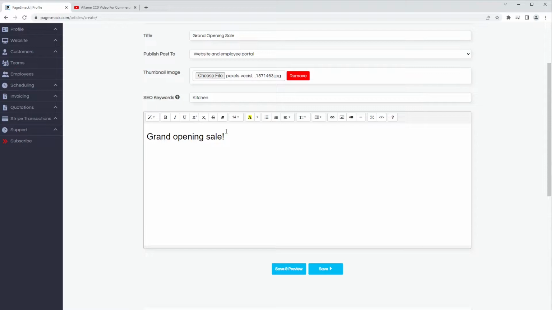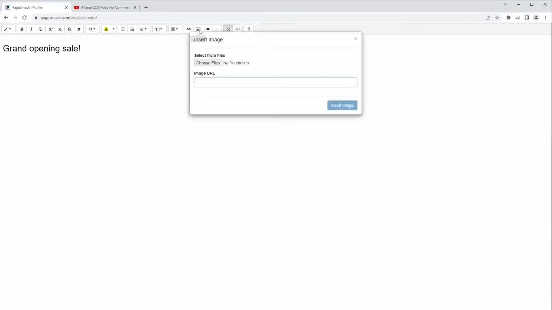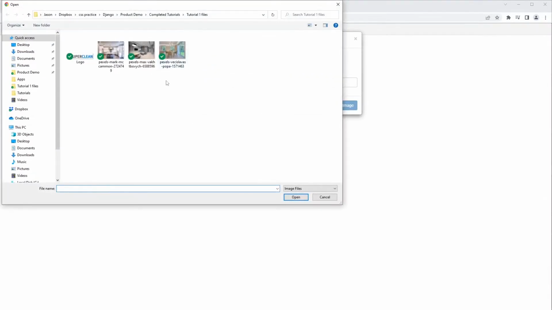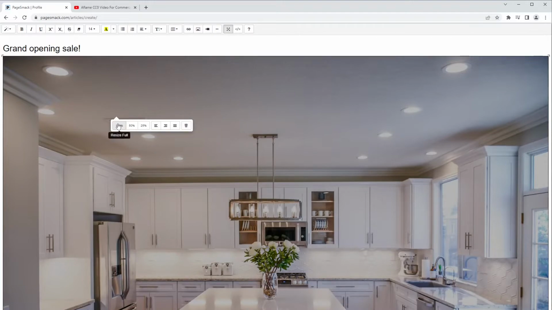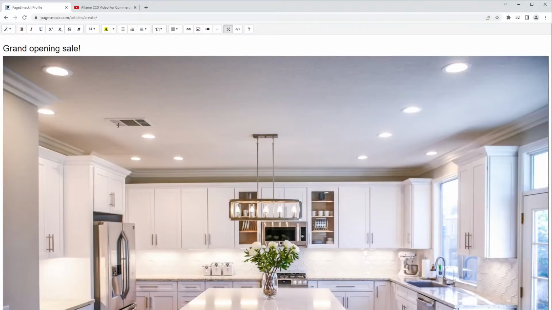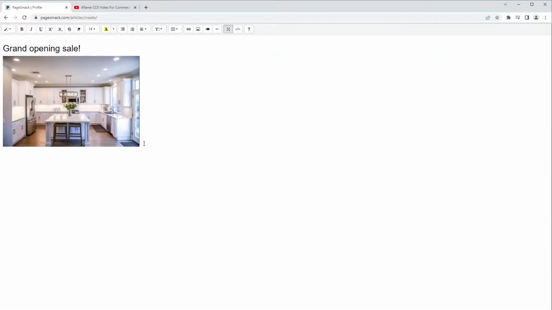So next, let's actually expand the size of this text editor so that it's easier to work in. I'll click this full screen button here to put us into full screen mode. All right, next we can add a picture to the blog article. So I'll select a picture here, and from here we can click on the image and we can select whether or not we want it to be 100% of the width of the screen, 50%, 25%. From here we can